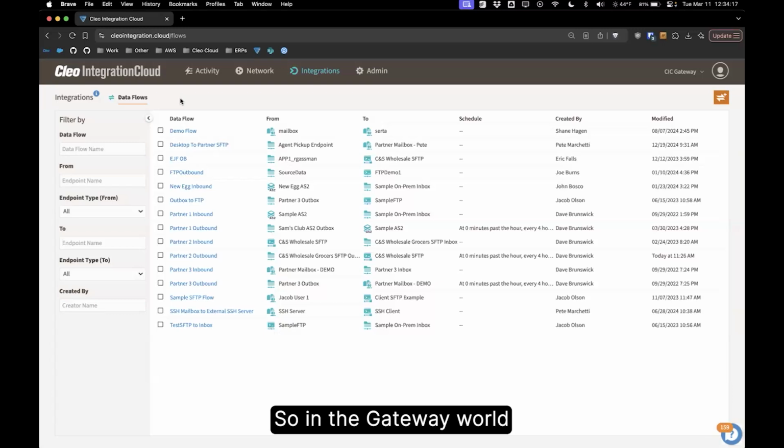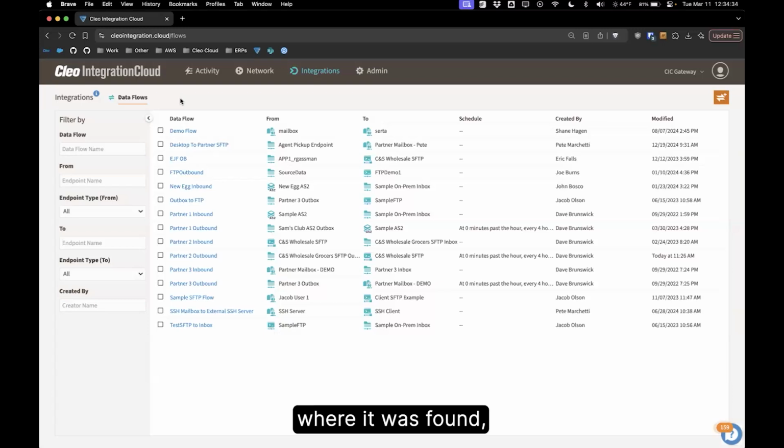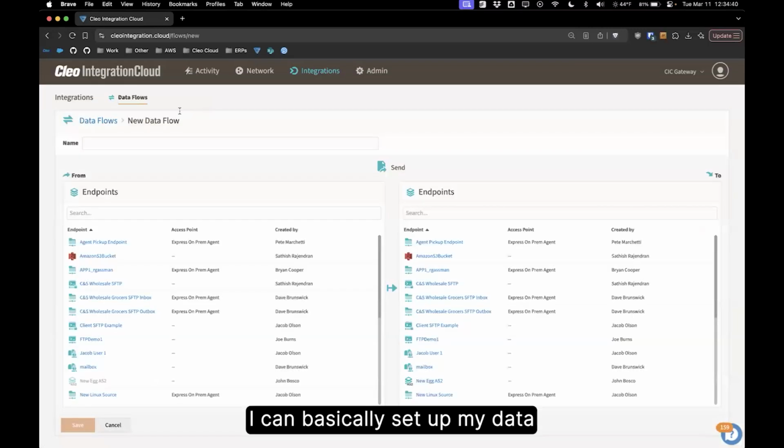So in the gateway world, where it's endpoint to endpoint, and we don't have any kind of intermediary transformation steps, we're not cracking open the content. We're not really doing much content-based routing here. We're mostly looking at where the file came in from, or where it was found, and then mapping that to another endpoint, another location. So you'll see here I can basically set up my data flows to say, all right,